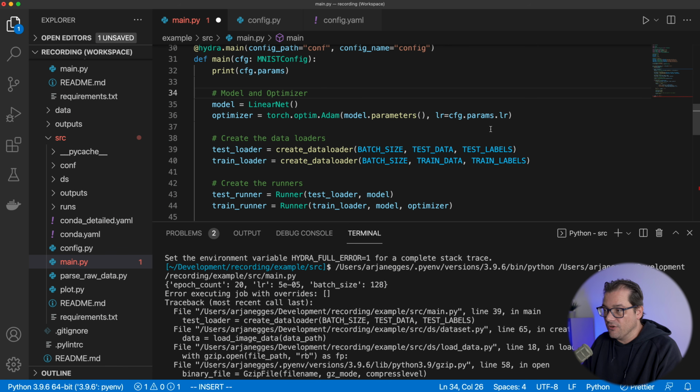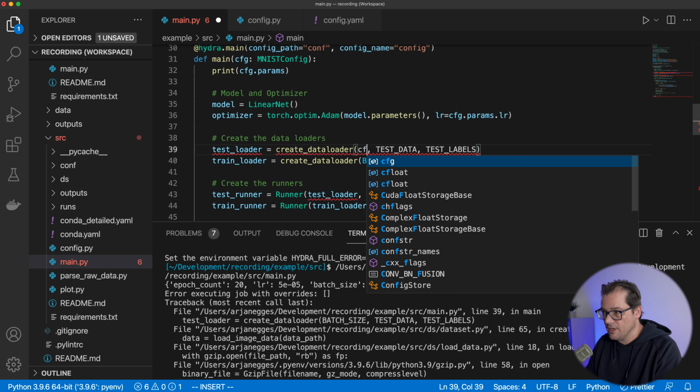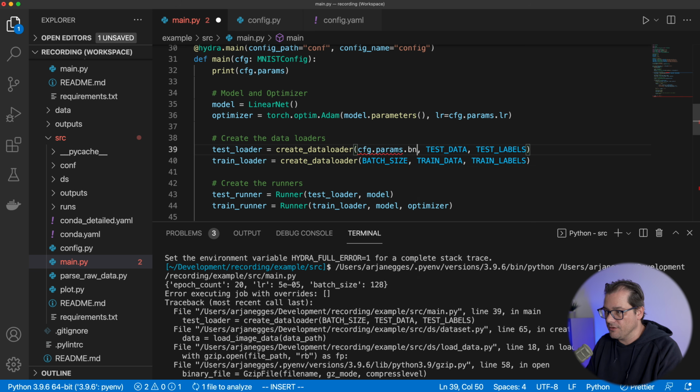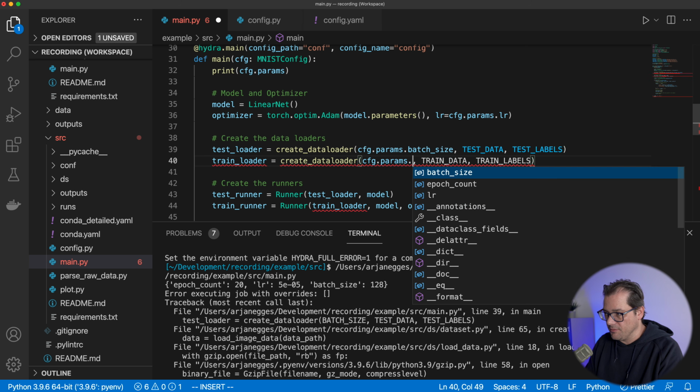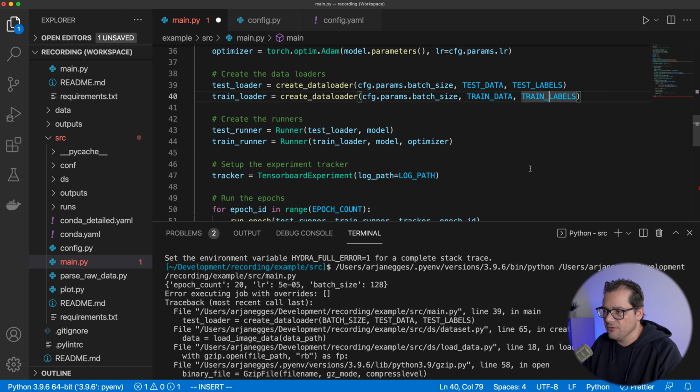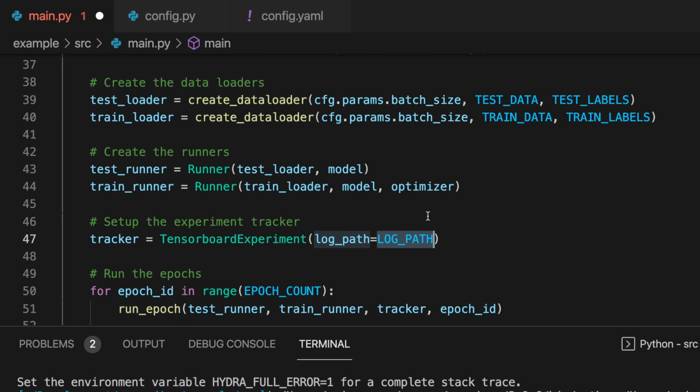And the same thing for all the other configs. So for example, the batch size is going to become config.params.batch size. There we go. These constants I'll replace in a minute because there's an issue with it. I'll show you what I mean. Let's scroll down. So the log path we can also change. That's